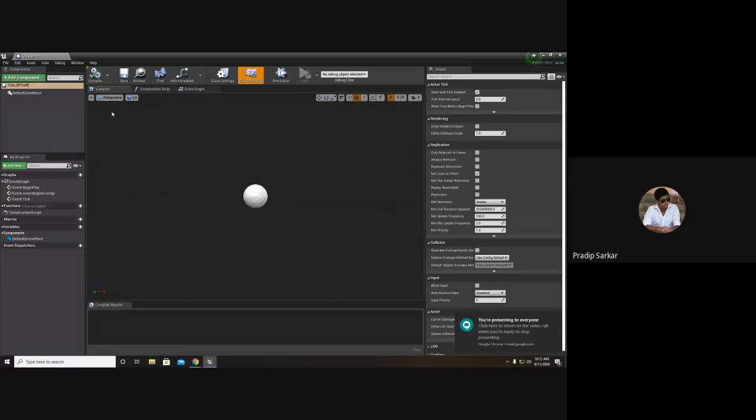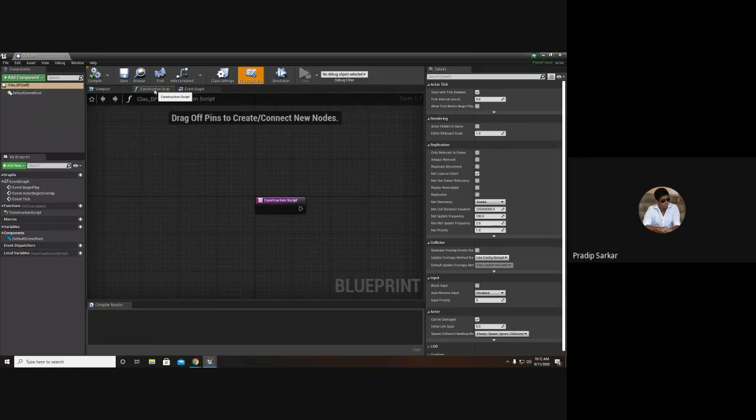Now in the work area, which is called the viewport, beside the viewport, we have a construction script. It is a constructor. For any class in C++, we have a constructor. Even in C#, in any programming language, we have a constructor function.